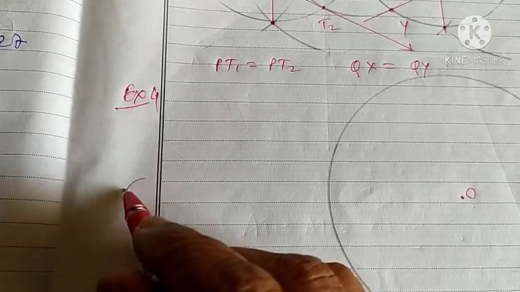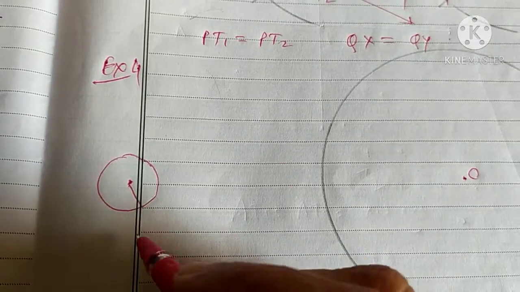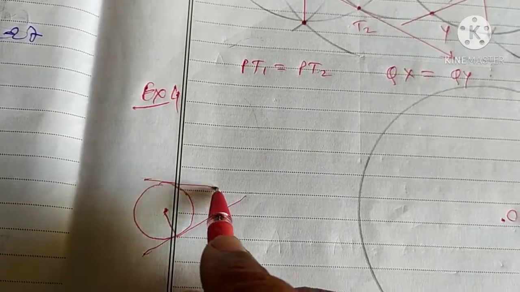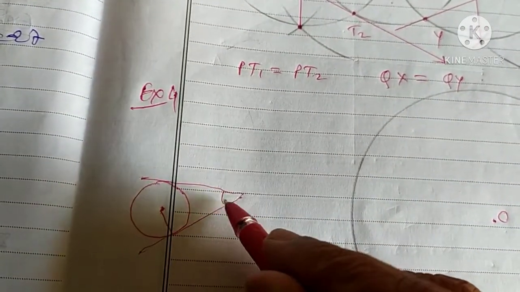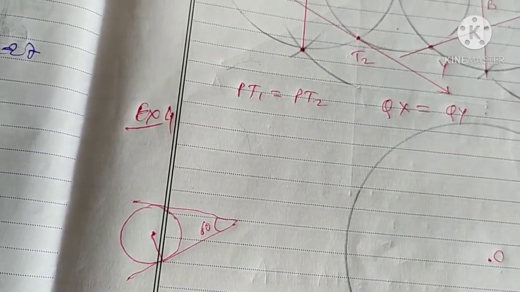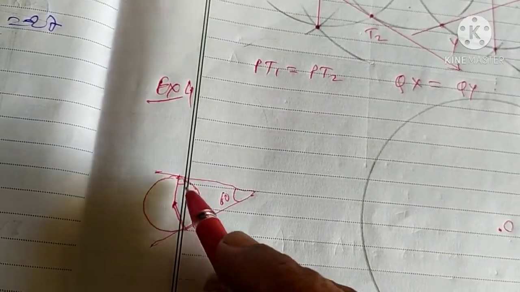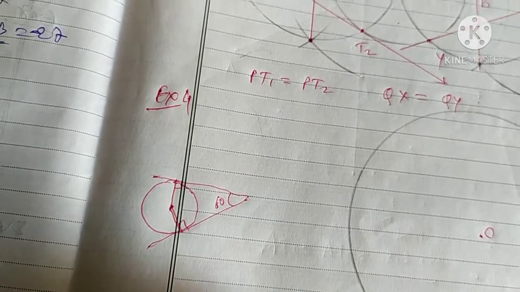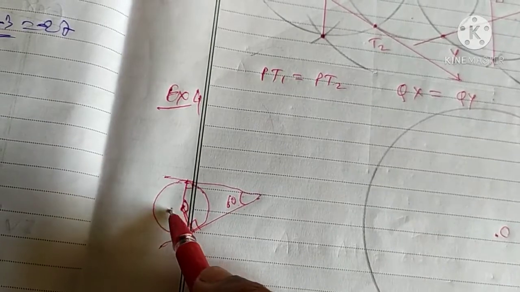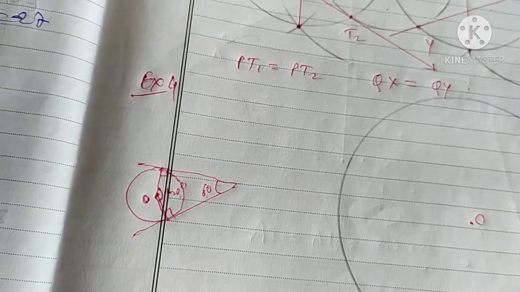If I draw this diagram, see, circle, center, radius. I draw this tangent. Also I am drawing the other tangent. So this angle is 60 degree. That is called both tangents are inclined at an angle of 60 degree. Now if I join this, it's 90 degree. Yes or no? So the sum of opposite angles equals 180. So this angle at center O is how much? 120. Because 120 plus 60 is 180.